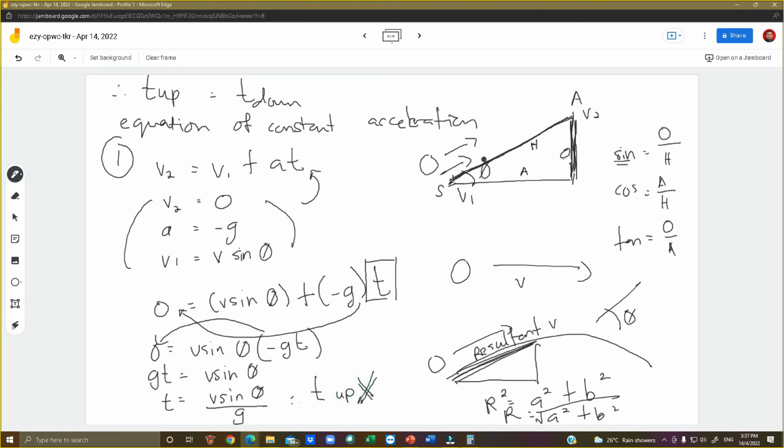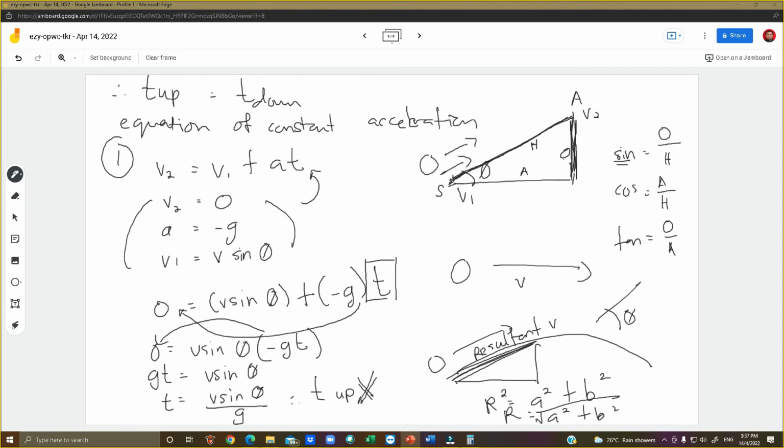Okay. Jadi untuk kamu cari waktu T naik ni daripada base ke apex, you're going to use V sin theta over G. So kalau kamu dah ada value V, kamu dah ada projection angle, kamu dah boleh determine the time taken from base to apex. T up. Satu. Okay. Boleh? I go slow ni. Can I proceed?